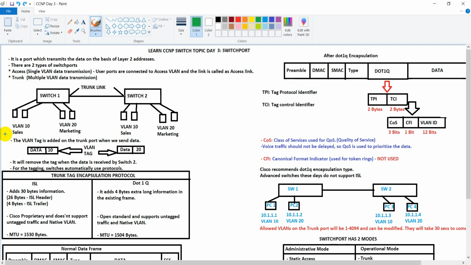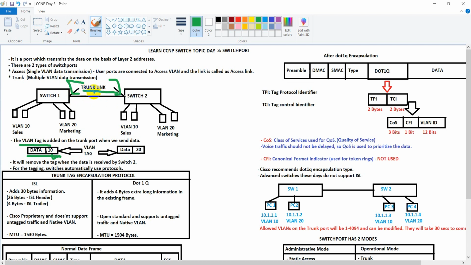For a trunk link, there will be a VLAN tag which will be added onto the trunk port when we send the data. So this data packet will have a VLAN tag of VLAN 10 so that it can identify to which VLAN this data belongs and to which VLAN I need to send this data.